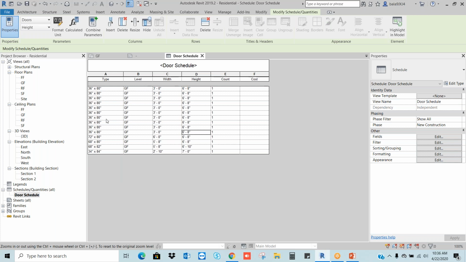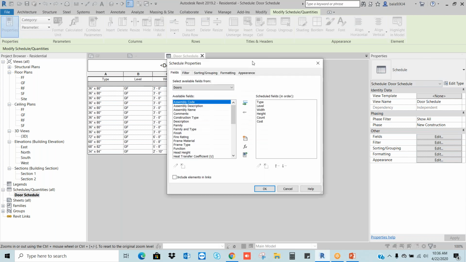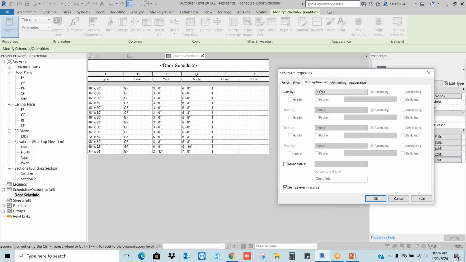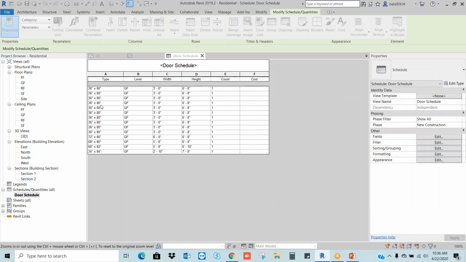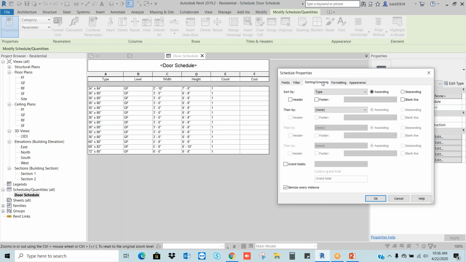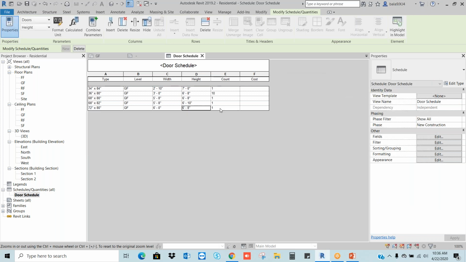And now I want to see how many doors I have with the different types. Go to the fields here. In the fields, I want to sort first. Sorting is the same as Excel. I want to sort by type. I make it okay, I will get all in ascending order. Then I use this option, itemize every instance. Can you see? If I remove this checkbox, I will get the count of each door.